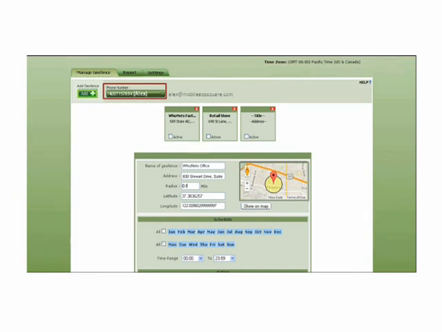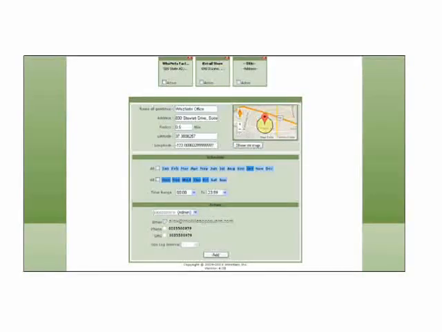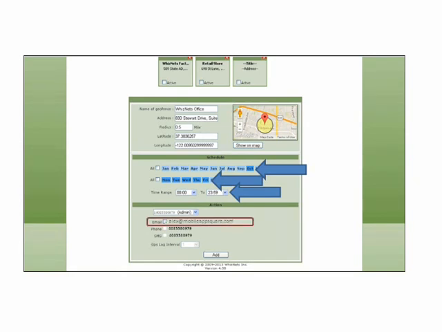Let's now schedule geofence. Scroll down the page. Geofence can be scheduled according to your requirement by selecting the month, date and time range. Click on the particular month or date tab to select them. Click on the email checkbox and then click Add. Geofence is now created and scheduled for this user.